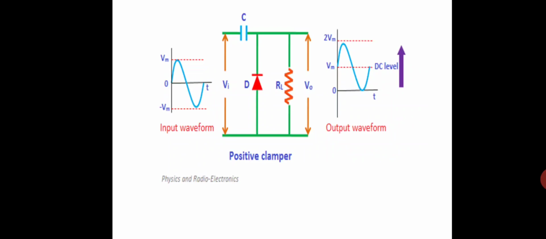Where do we use the clipper circuits? In transmitters, receivers, amplitude selectors, noise limiters, etc. But the uses of the clamper circuit are voltage multiplying circuits, sonar systems, radar systems, etc. So clamper circuits are used for voltage multipliers. In voltage multipliers, when the input is Vm, the output we can take is twice Vm, 3 times Vm, 4 times Vm. It depends on the circuits.